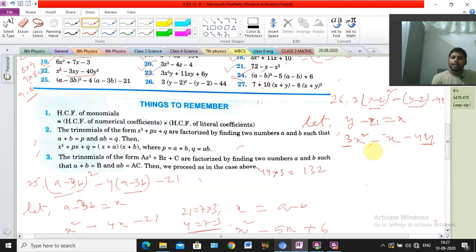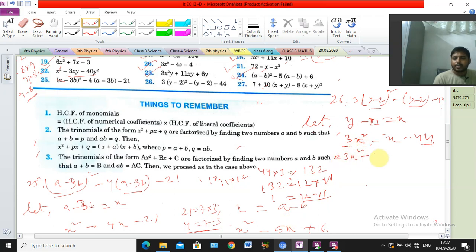So what to do here, sir? See, we can do it directly. 11 into 12, I think. Yes, 11 into 12 is 132. If we multiply 11 and 12, 12 times 10 is 120 and 12 more, yes, 132. So 132 we can write as 12 into 11, and 12 minus 11 will give 1. Okay.